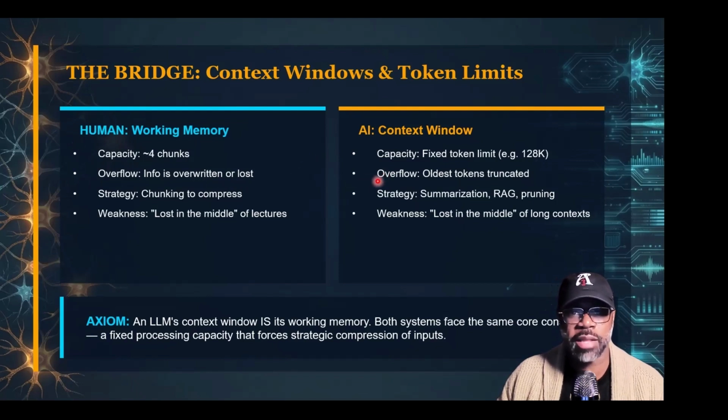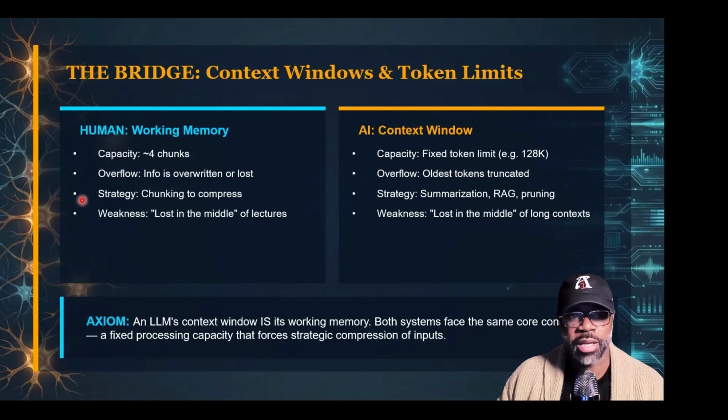And as it goes to AI, the overflow is the oldest tokens get truncated. So this is, again, why we have the issue of that long running context or long running memory with AI. If you're having a long conversation with AI, the oldest tokens, meaning the conversation or the information that you gave the AI at the very beginning of your conversation, as your conversation gets expanded, those earlier discussions, those earlier points start to get truncated or overwritten or lost, essentially. So again, that's where the AI starts to clip its memory and starts forgetting some of the earlier conversations and topics that were discussed in the prompt.